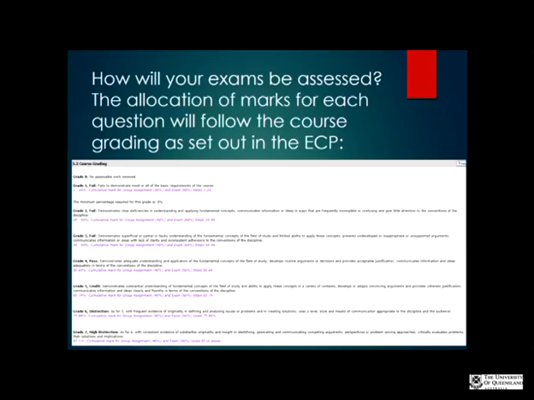And I'll let you have a look at that in your own time, but you can see it explains there what a 5, what a 6, what a 7 would be, and that gets applied as we mark each question. Again, we'll talk about that more when we do the pracs, but I thought it was useful to put it up now so everyone can start thinking along those lines. So a 7, just to put it in context for you, you would be providing consistent evidence of substantial originality and insight in identifying, generating, and communicating competing arguments, perspectives, or problem-solving approaches, critically evaluating the problems, their solutions, and the implications.